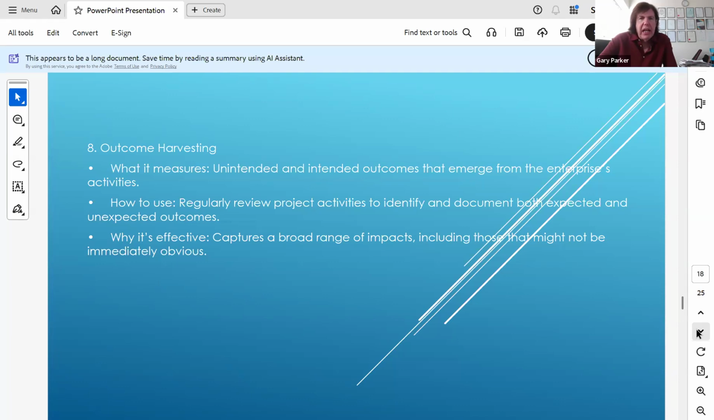But what you should try and do is to regularly review project activities to identify and document both the expected and unexpected outcomes. One very good example of this, because there's a lot of research being done on it, is around childcare. Community childcare is so effective. I'm a big advocate of it